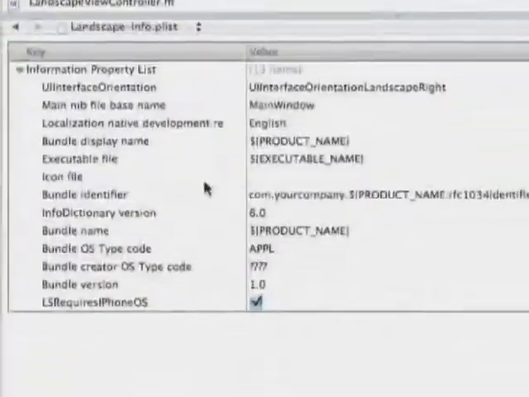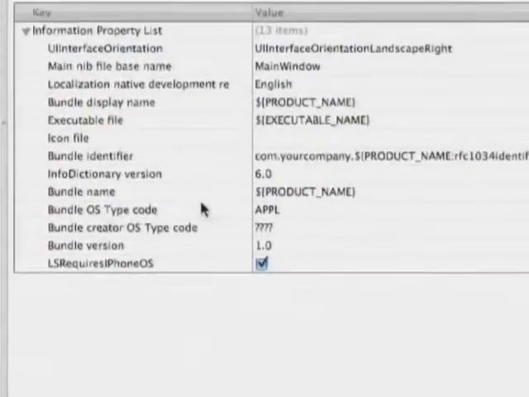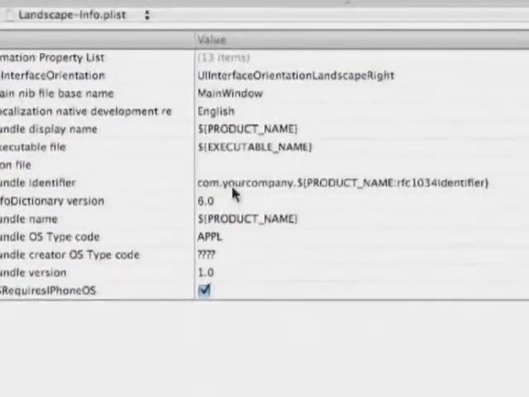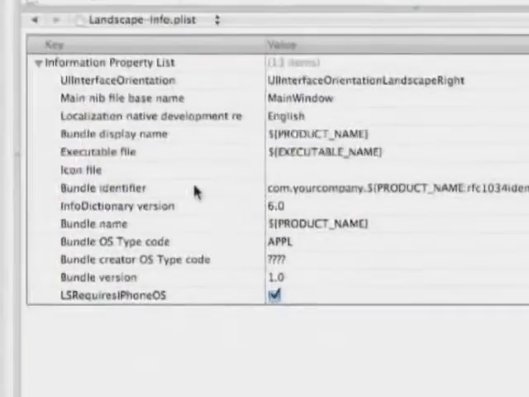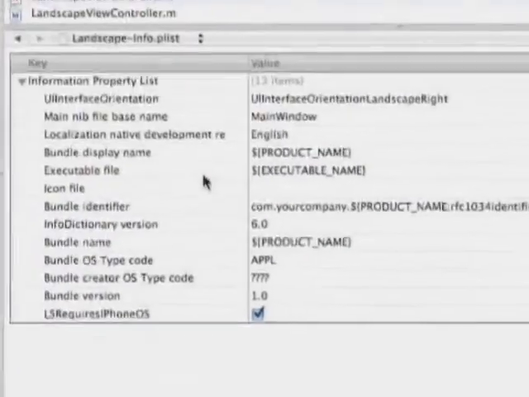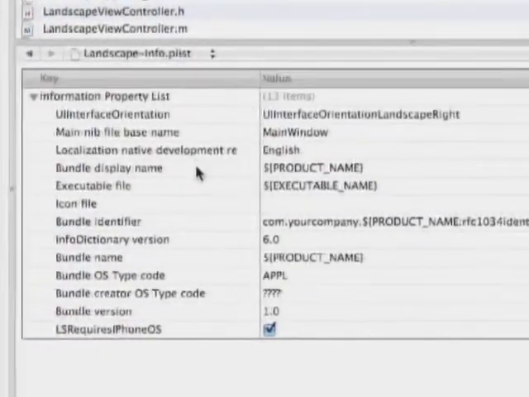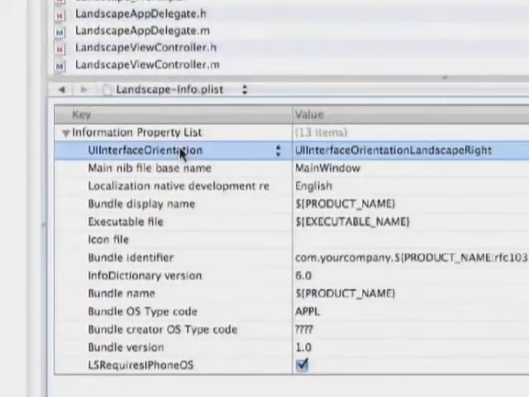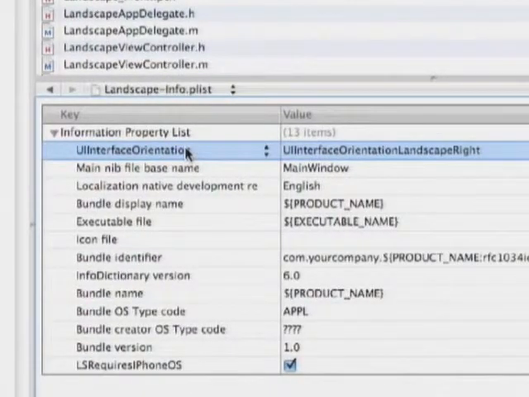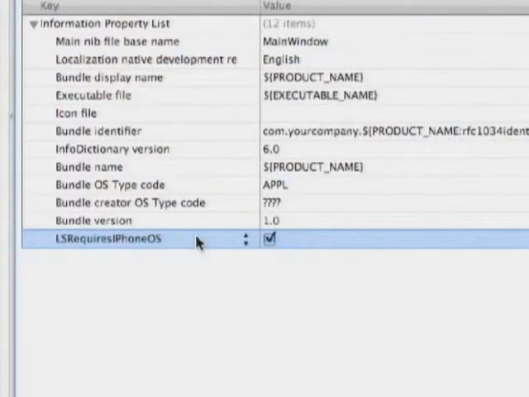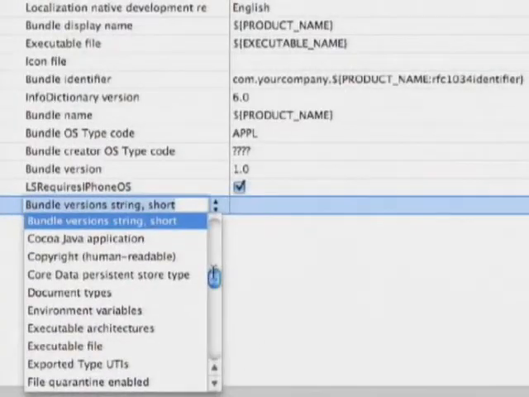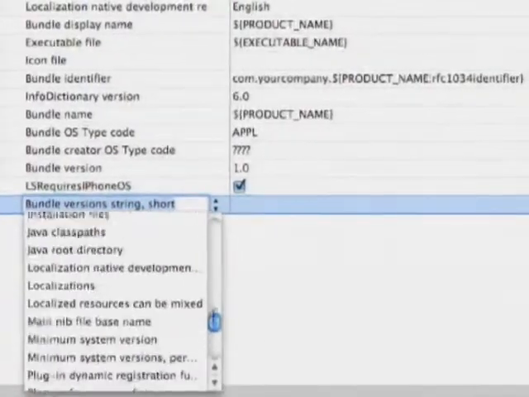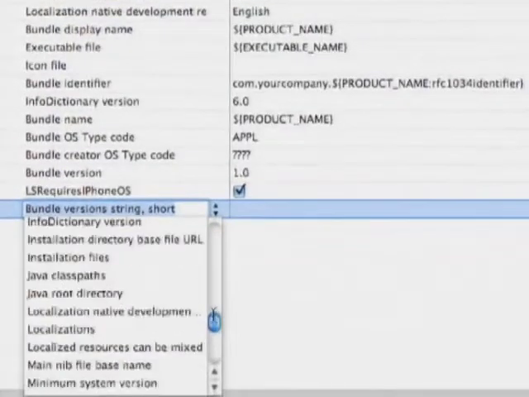In our property list, we've got all this stuff, the version and the bundle identifier, com.yourcompany.whatever. You can specify the icon, the display name, and here I've added, actually, let's just add it ourselves. I'm going to hit return here, and it'll show me a lot of the options I can choose from. And one of them, as I mentioned, is the